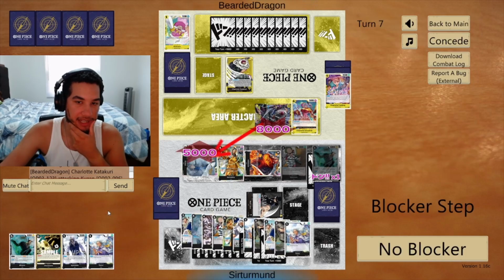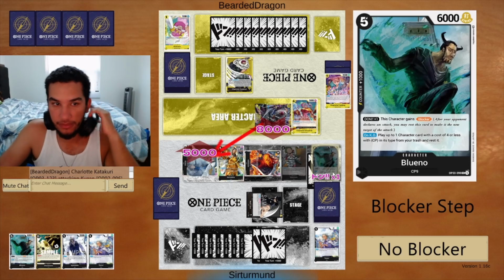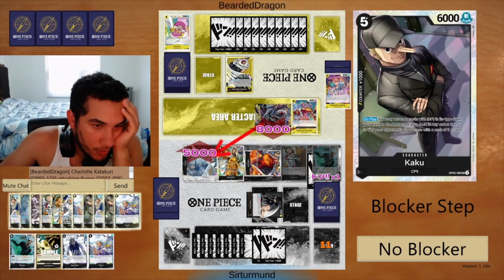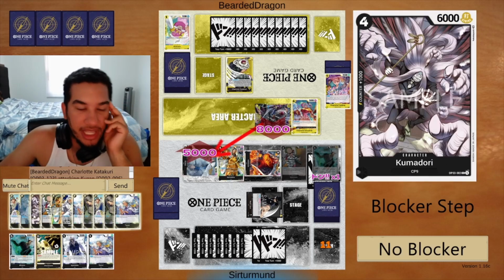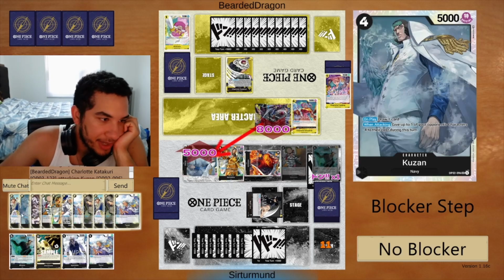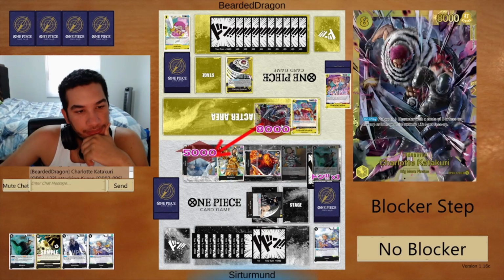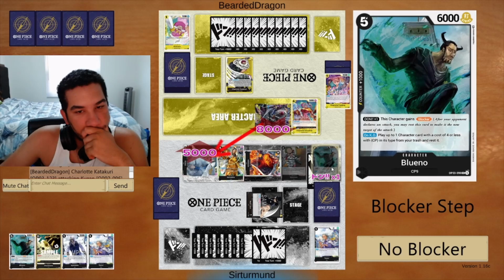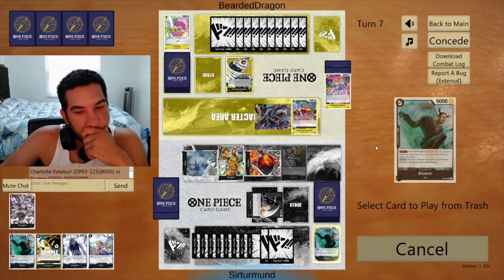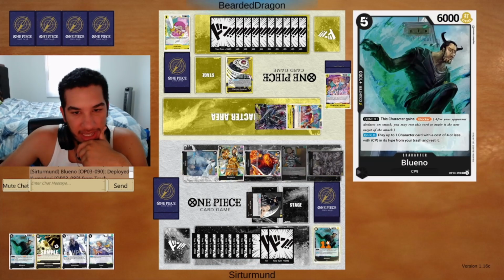Who do we bring back here? Who do we bring back? I guess he has to use... I guess, because we could also bring the Kumadori. But I guess that's the same thing as bringing back the Kaku, if I block with the Blueno. Oh, wait. It's just the Kumadori, yeah, because he has to be...